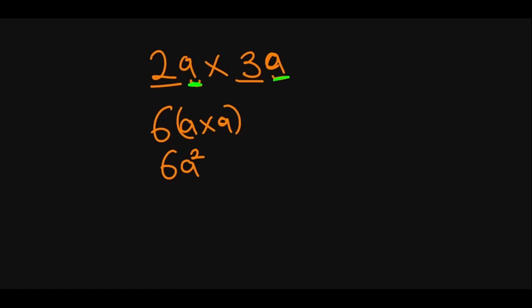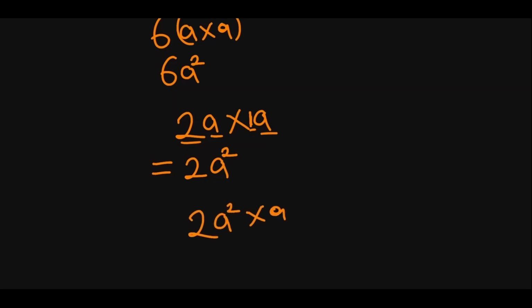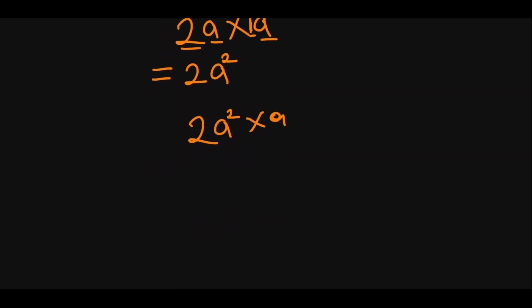Based on what we've said, if you have 2a times a, this times a means there's 1 here. So this gives you 2 times 1, 2. Now if you multiply the two a's, it gives you a raised to power 2. That is just the same thing, just to reinforce what we've talked about. If it was 2a raised to power 2 times a, then same thing, 2 times 1, 2. Then the a will now become a raised to power 2 here. If you put another a on it, it becomes 3. So it becomes 2a raised to power 3.